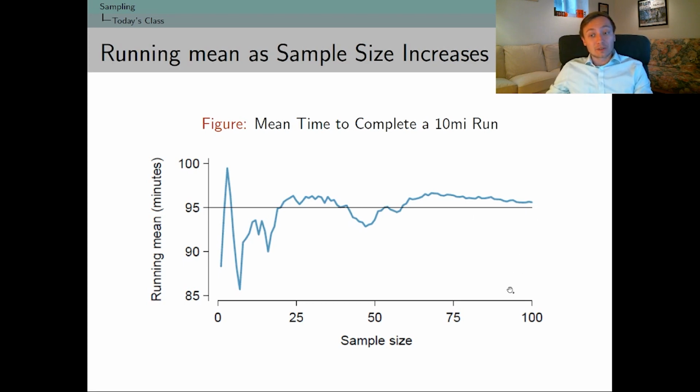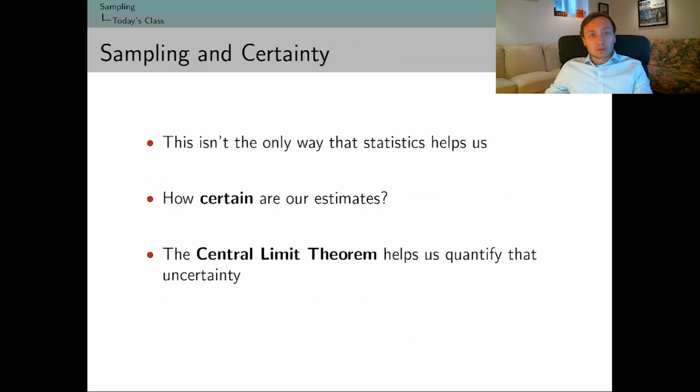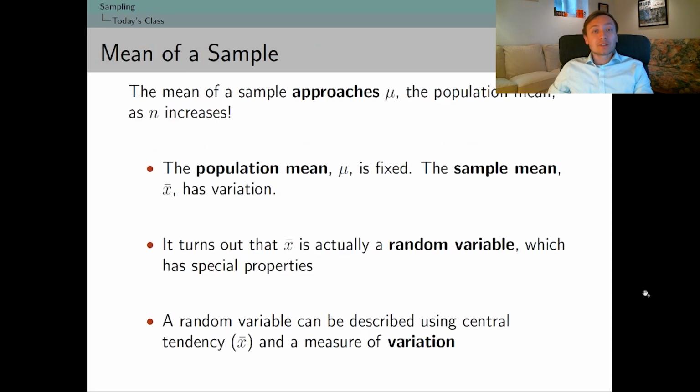Because again, if we expect the gap to be pretty large or pretty uncertain, then what we're sampling is probably not going to be super helpful to us. But if we're fairly happy with how close we're getting, then we might say, okay, we can make some inferences, we can make some research statements, we can analyze our research questions empirically, and say that we're pretty confident that we're onto something. So that's the other thing that we care about from a statistical perspective: how confident are we that the estimates we've derived from samples are actually getting us close to the truth?